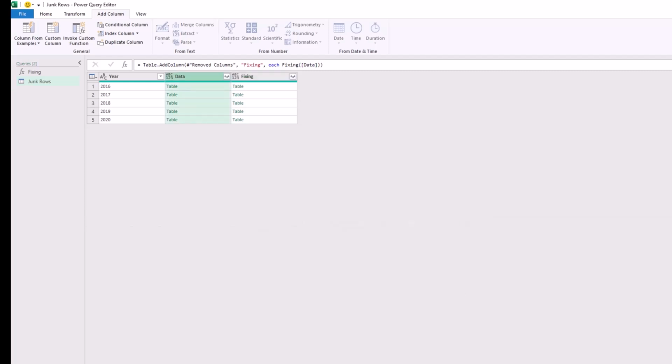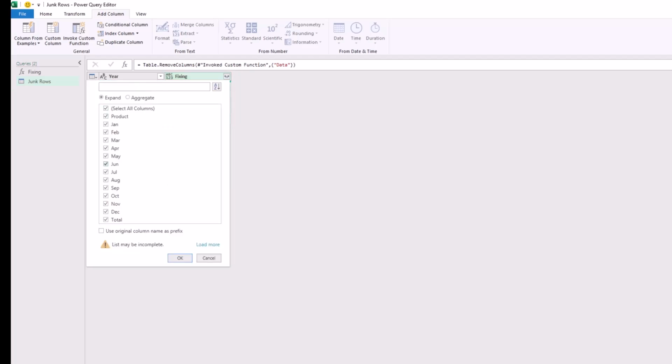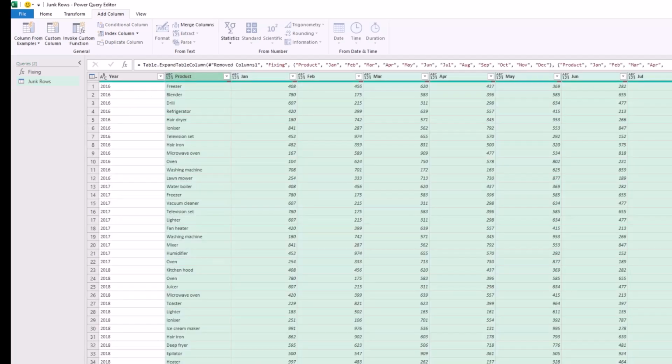Now I don't need the data column. I right click and remove it, and I want to expand the fixing column. I click on the double side pointing arrow, and here are the different columns that I'm going to combine. I don't need a total column. Then I take the check away from total, and then I hit OK, and I would have combined all the data. I have a year column, I have a product, and then I have the sales or the quantity for